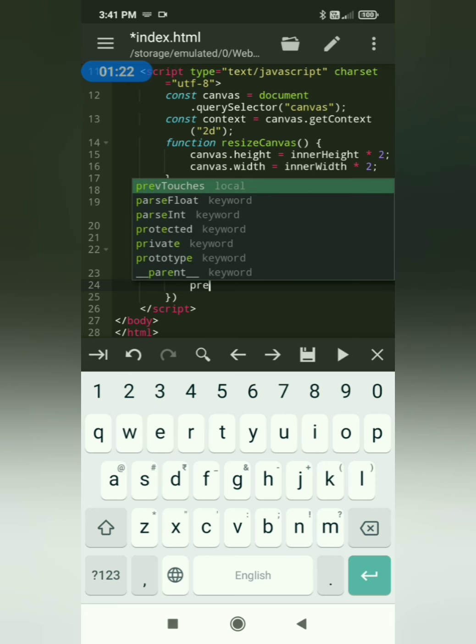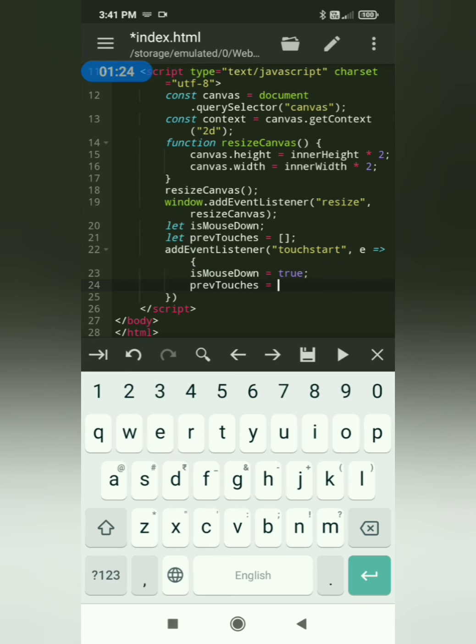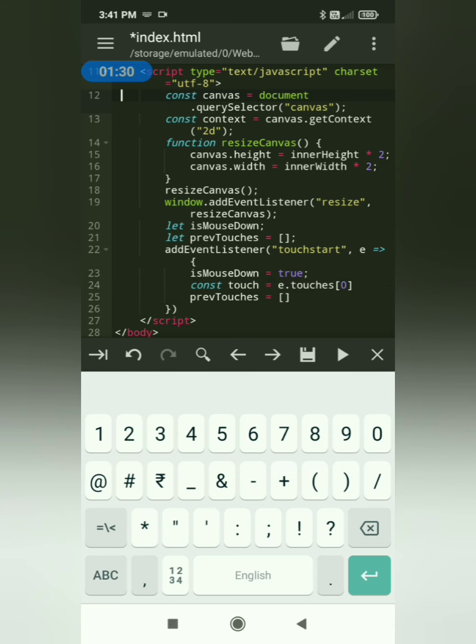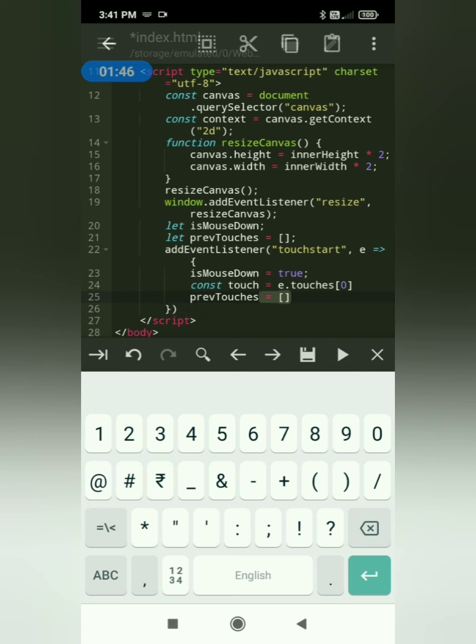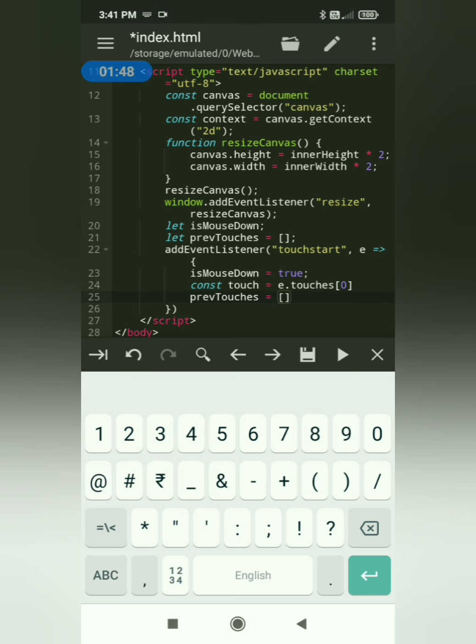And we will also set the value of prev touches to an array containing the x coordinate and y coordinate of the touch. For that we have a property inside the event object, that is e.touches, and that is going to be an array every time. So if there are many touches, means the user is touching many places, then that will store the coordinates of all the touches.